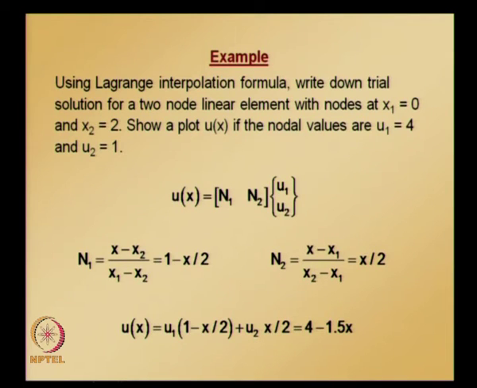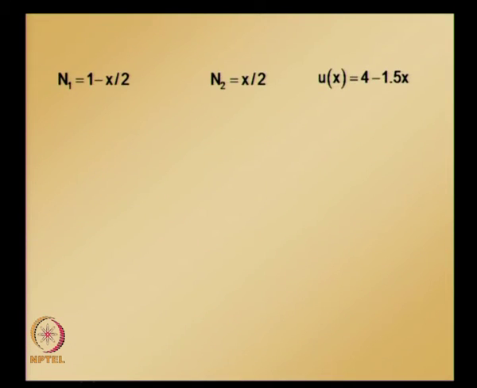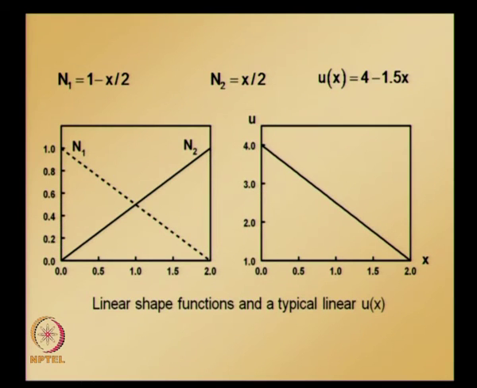Now we are ready to plot this as a function of x, and we can also plot N1 and N2 as a function of x. The plot showing N1, N2 and the approximate solution is given in the figure,